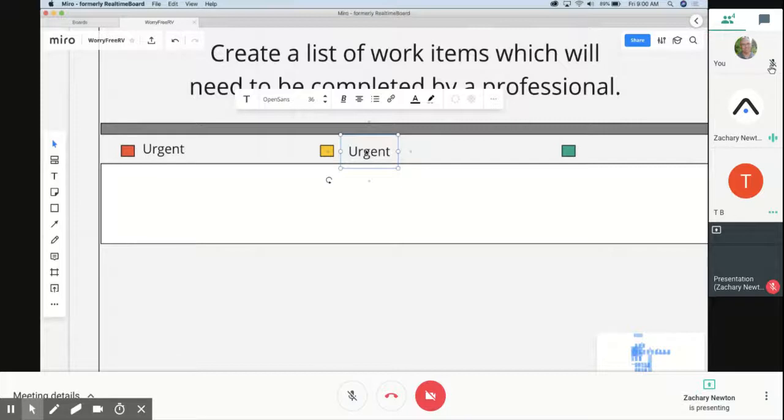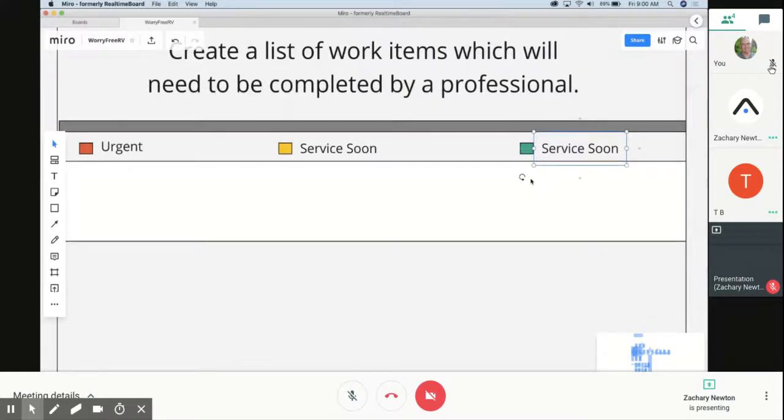What could this orange or yellow be? Maybe just warning. That sounds like something's wrong. I know. I was just thinking that. What about service soon? There we go. There you go. All right, and then we got one more. Urgent, service soon, and